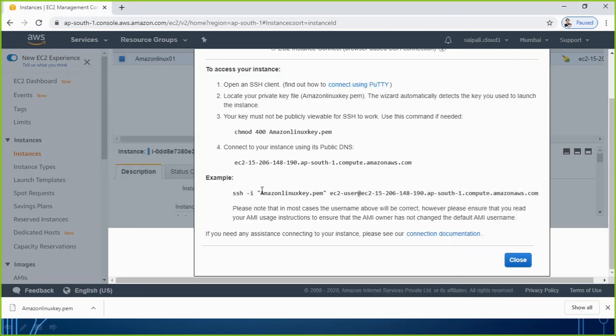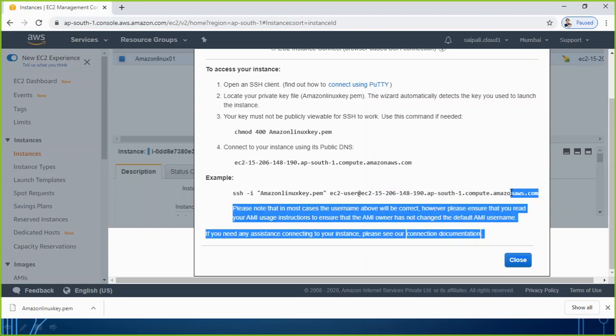Let me repeat the process. This is the exact command. Why am I copying it? Because it is not only the command, it also has the exact username plus the public IP address of my instance. So this is the whole address.